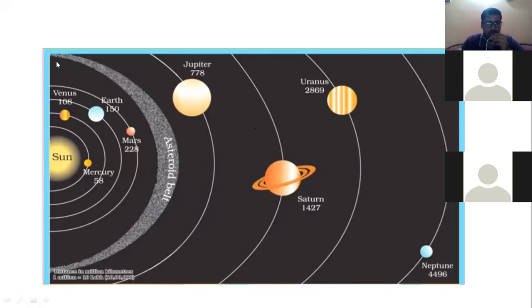One interesting thing in this diagram is the asteroid belt. There is a belt of thousands and millions of asteroids between the planets Mars and Jupiter.